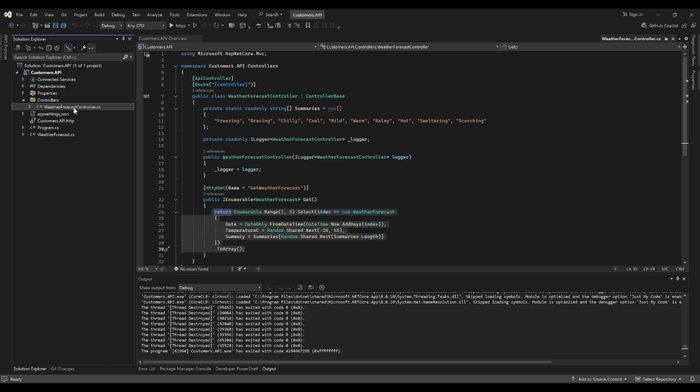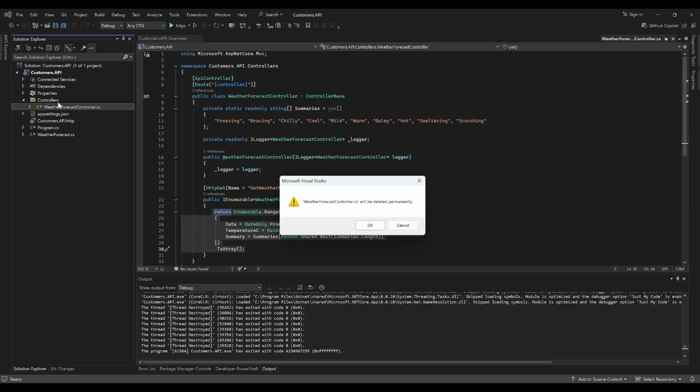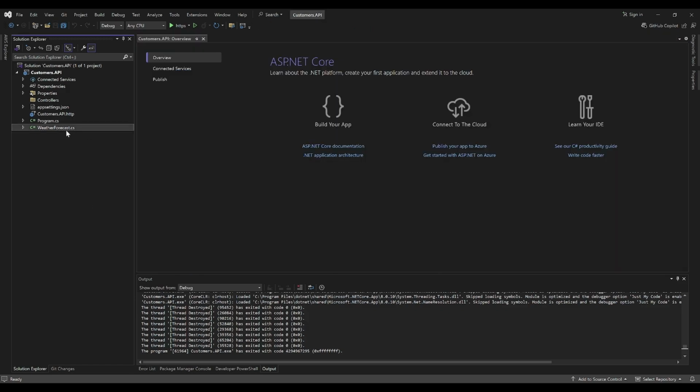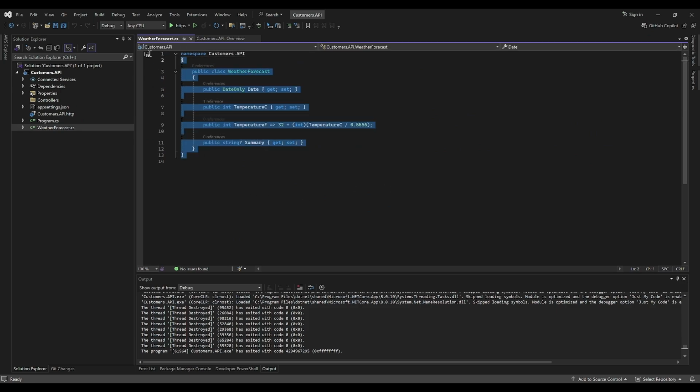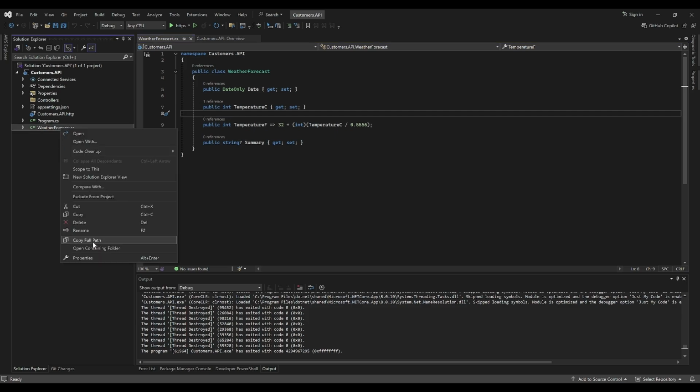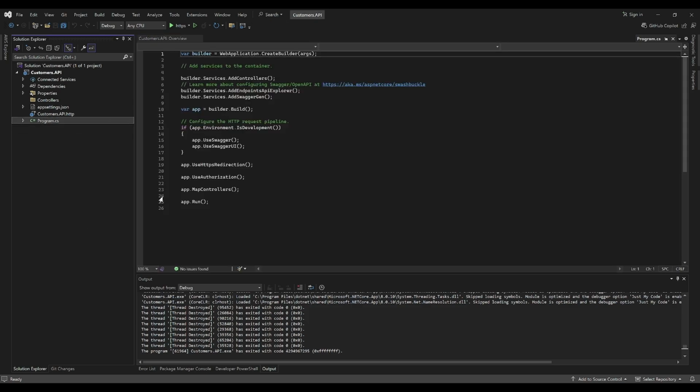Then I'm going to delete these two files. This is my controller, and there is the model that is auto-generated as well that we don't need, which represents the model of the weather forecast controller. So I'll just delete that as well. Now we are going to